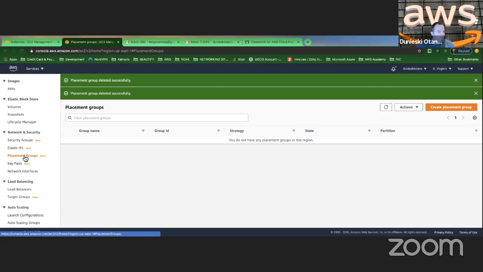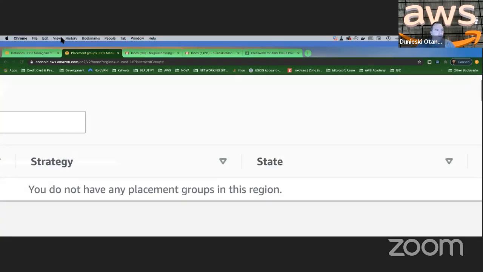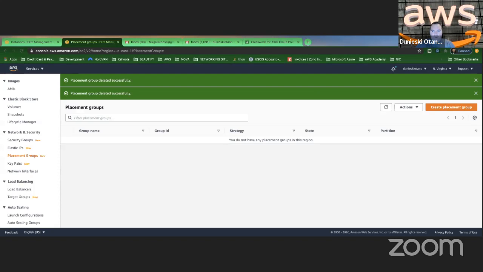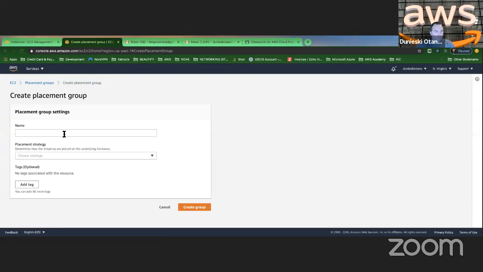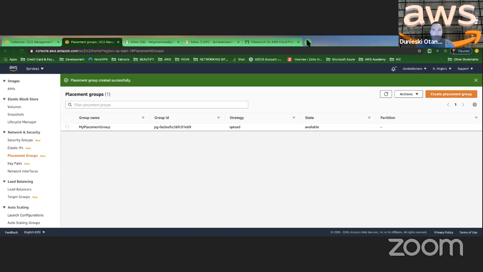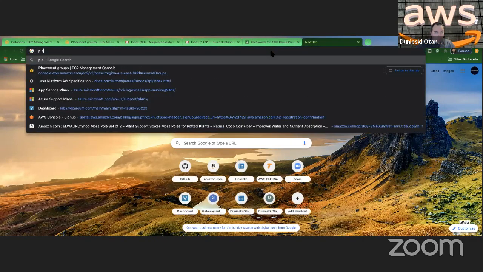Let me create a placement group. And now, instead of using cluster, I'm going to use spread. Okay, let's say my placement group. And then I choose spread. That option is going to be available. Now if I want to see placement groups in AWS,